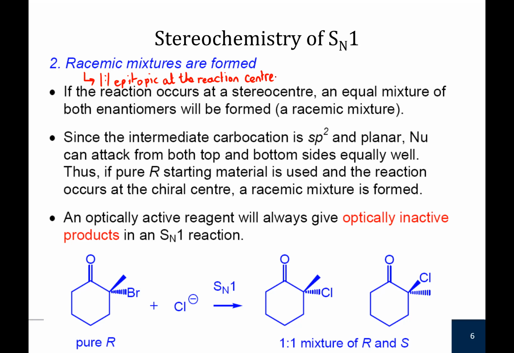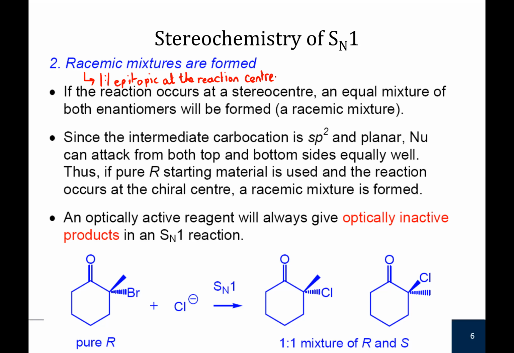So what we're doing here is you're going to make a 50-50 mixture of the possibilities at that stereocenter where the reaction is occurring. And that's epitopic. A molecule is epitopic at a center if it's got both diastereomers or both versions of that stereochemistry at that site. You don't need to remember that word. You could say it's racemic at that center, and I'll know what you mean. But racemic is a property of a molecule as a whole and not of a carbon in specific.